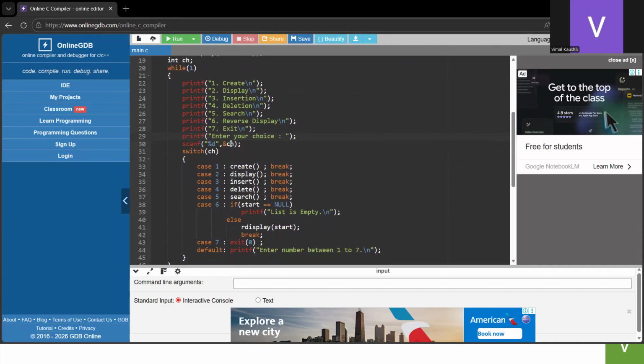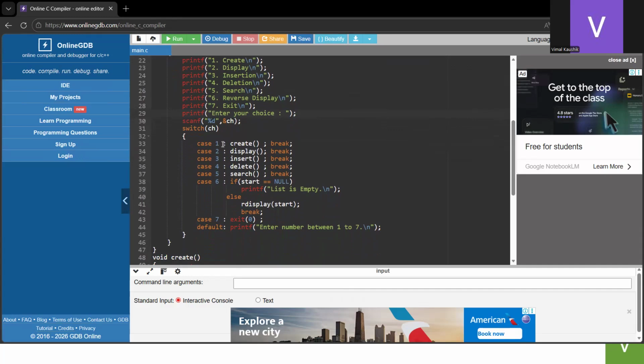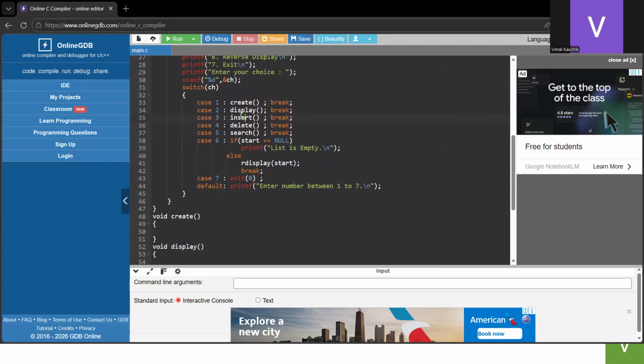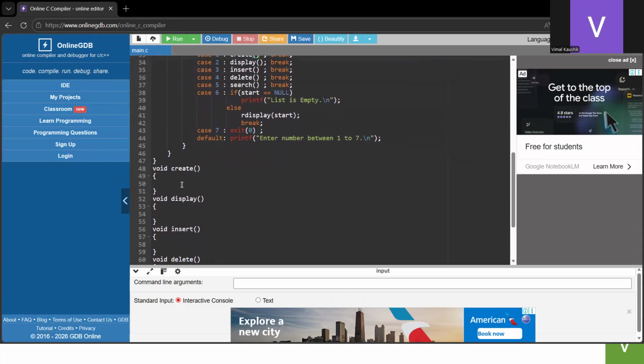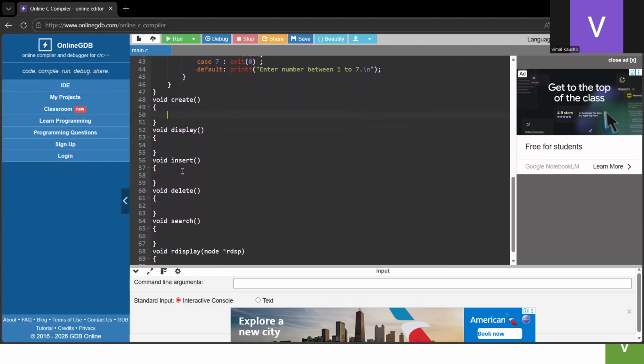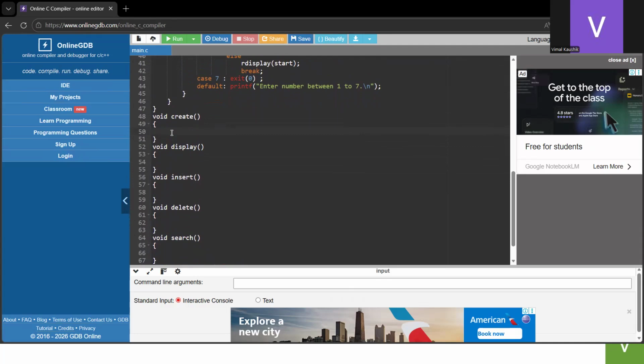While entering this choice between 1 to 7, we are using a switch case to perform the operations. One stands for create, and similarly for the remaining functions. So whenever we enter one, we are calling the create function, and it will come into this function create. So now let us complete these six functions of this linked list. In the create function,